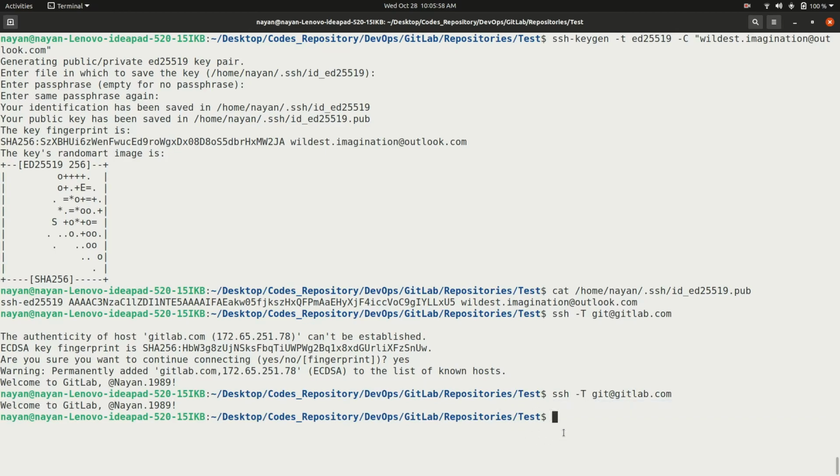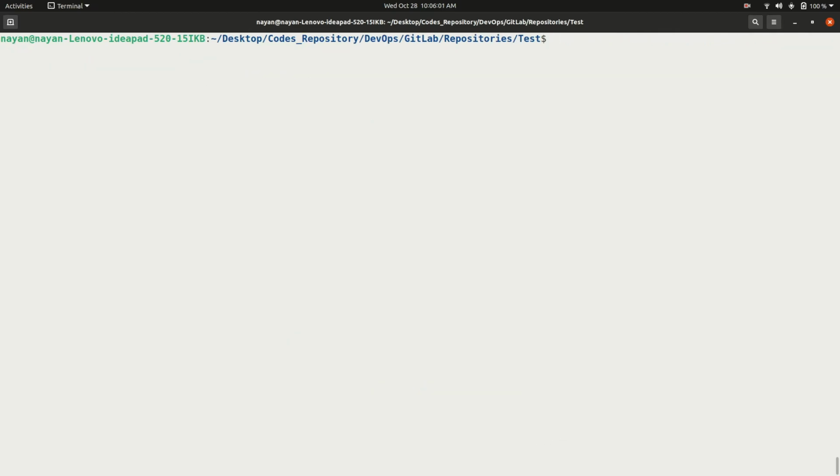Now, let's say if I'm going to pull from the repository, git pull, it will still ask me for username and password. The reason being, my remote URL has been set up to HTTPS instead of SSH. So next step is I need to change my remote URL from HTTPS to SSH.